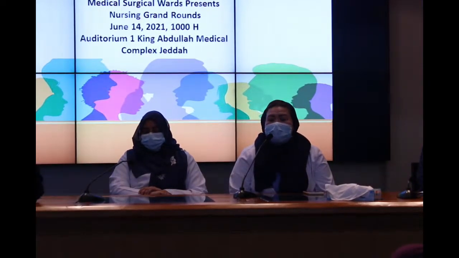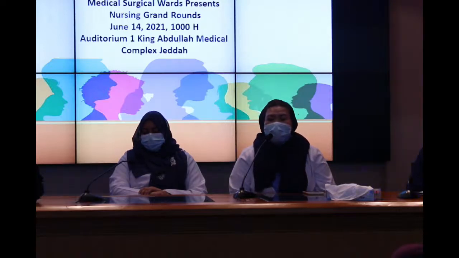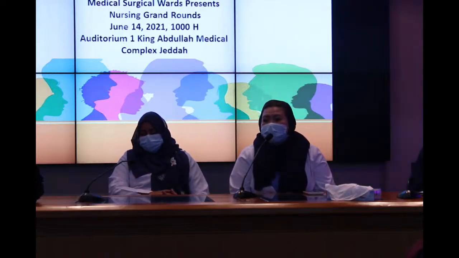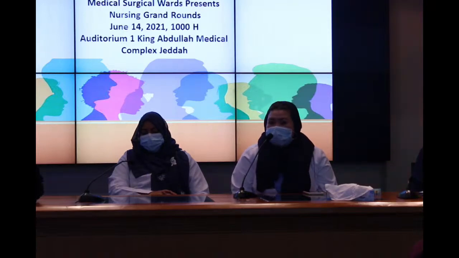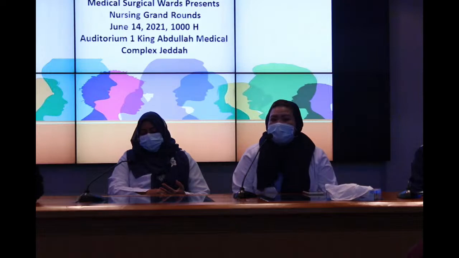We all know this, like history of fall. So there will be a yes or a no. There will be if the patient has a secondary diagnosis, like if he has 2 or more diagnoses, so you will just put yes or no. Then the patient's mental ability: is he oriented or is he confused? Also, the gait of the patient. Is the patient having a normal gait, an impaired gait, or a weak gait? Also, the use of mobility aids. Is the patient normal, on bed rest, or nurse assist? This is one category. Or if this patient is using crutches or walkers, or none at all.